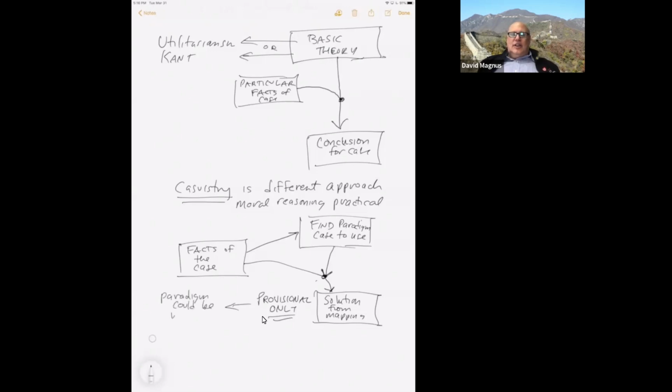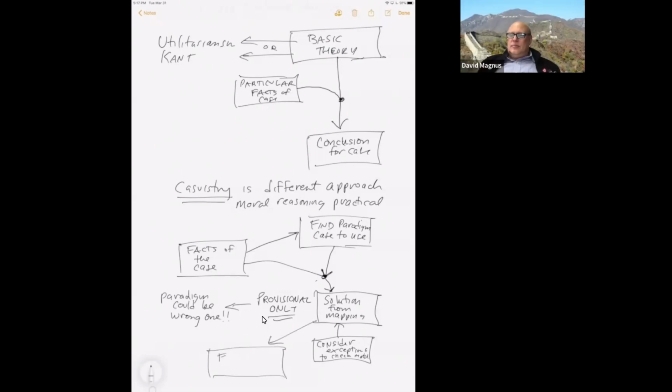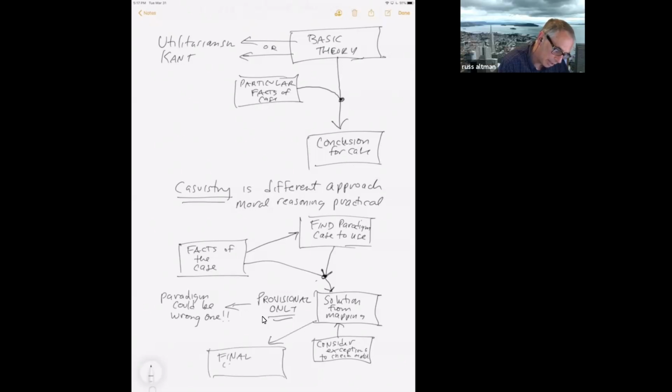So part of the thing that you need to do is think of exceptional circumstances or rebuttals or differences between the case at hand and the solution that you think works relative to the paradigm, to see if it really is the right solution for the problem that you've got at hand. And that is practical reasoning in a nutshell. And then after you consider these exceptions, that turns it into a final decision, which I'm just going to put here as a final, confident decision.